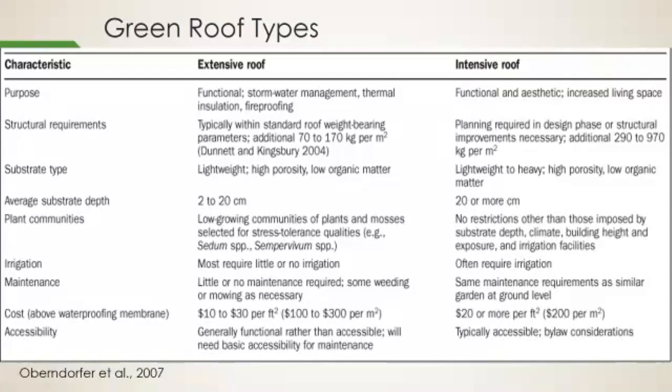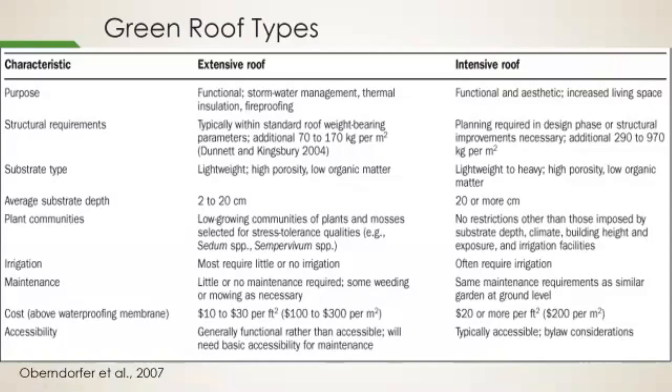And the maintenance is going to be lower maintenance. If we're just doing a sedum or green vegetation cover, there's no mowing or things like that. Now, when we get into more diverse plant material, obviously that's going to increase our maintenance level. And irrigation, in the case of the SIU green roof, we use drip line and timers, so automated irrigation, and any kind of irrigation system you can think of would be on an intensive roof, including drip tape, those kind of things.